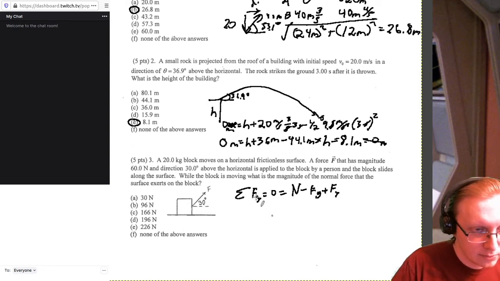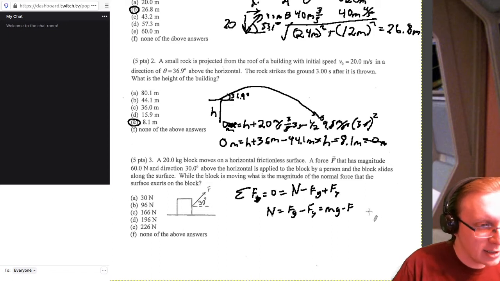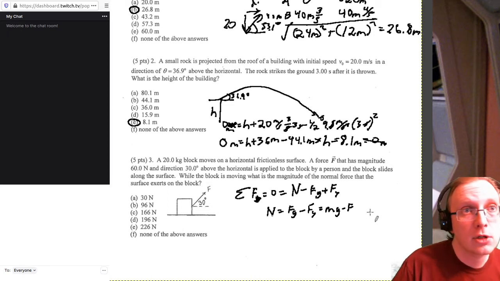Try not to confuse things. So that means that the normal is equal to the force of gravity minus the force applied to it. So that is mg minus F,